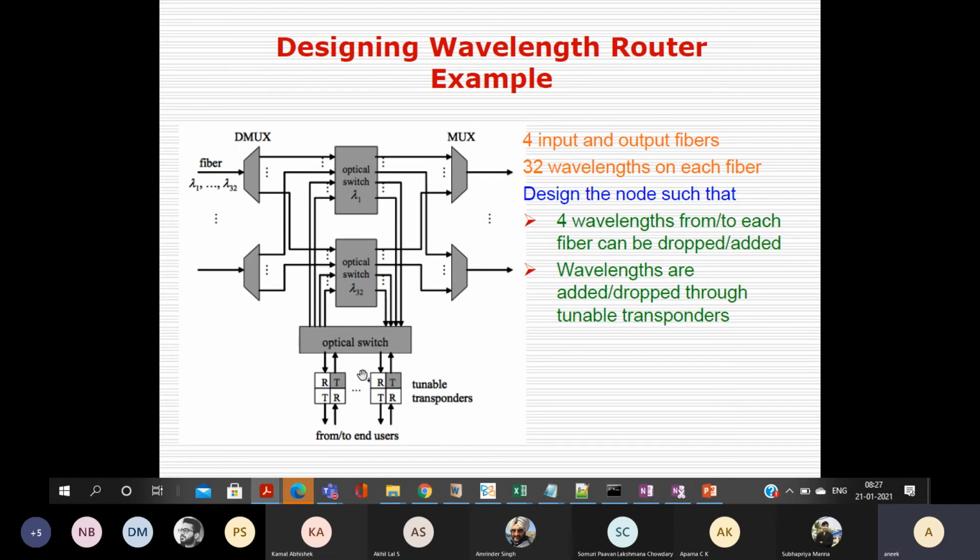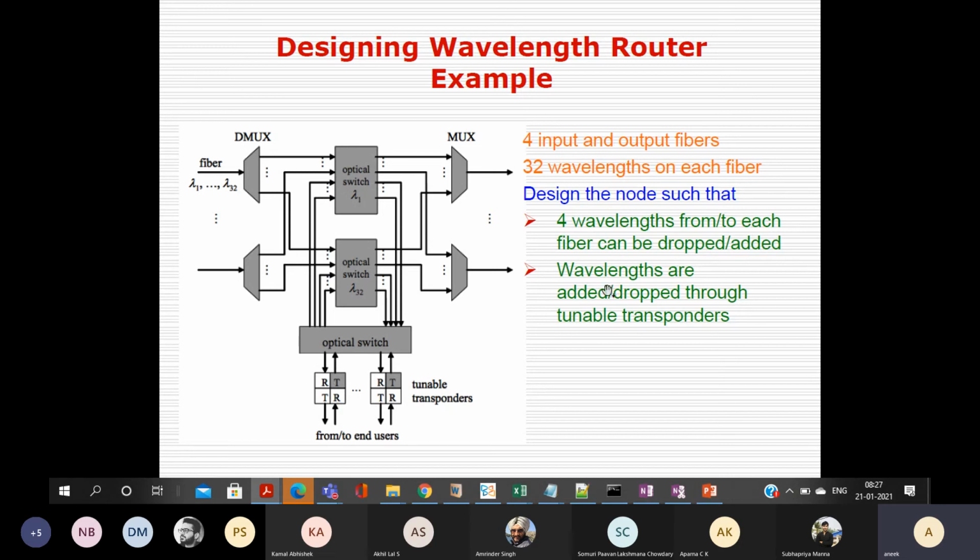Let's say there are 4 such fibers. The capability of the node should be that I can add 4 wavelengths in the first fiber, the second fiber, the third fiber, and the fourth fiber. So 4 into 4 means I require at least 16 transmitters. Using tunability, you can generate the wavelength that you require.